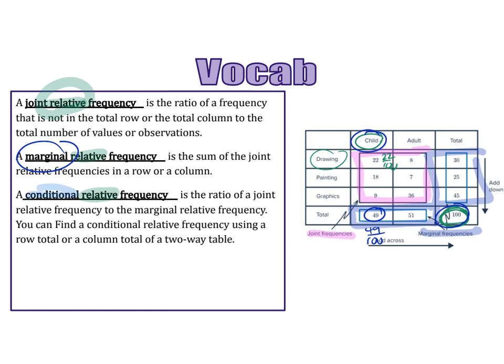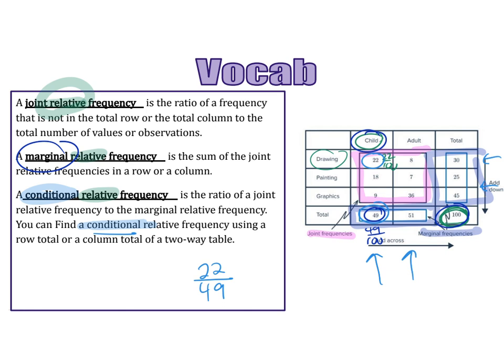And then lastly, conditional relative frequency means that we are given a condition to start with. We can use a condition to find a specific ratio. So given the condition that a respondent was a child, how many of them chose drawing? We could say 22 out of 49 children chose drawing. So you're given a specific condition, which is identifying a row or a column that you're going to be looking at, and then you're looking at the relative frequency within that. I know this can seem like a lot of details, but let's look at some examples and make sure we solidify the differences in each of these types of things